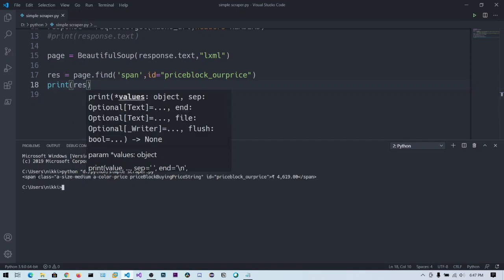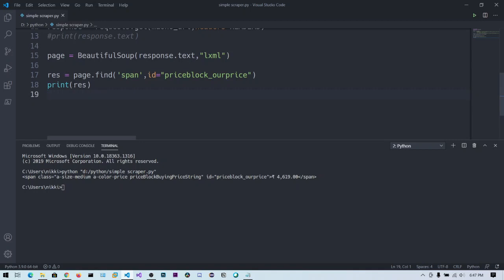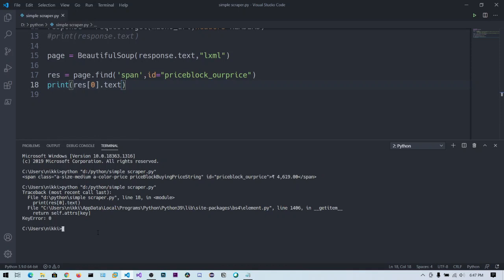Now you can see we got the exact span tag, right? This is a BeautifulSoup object, and we can access the text using res.text.